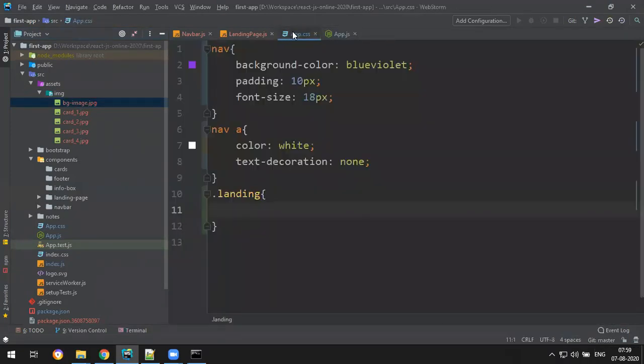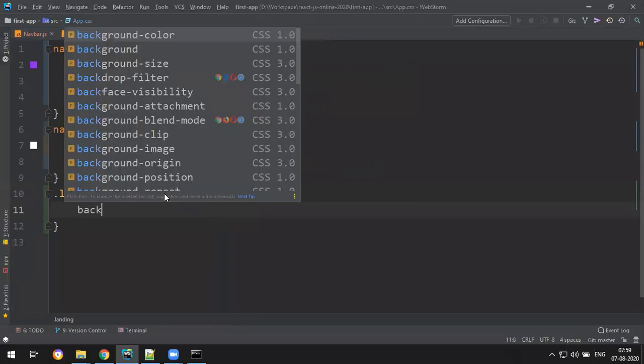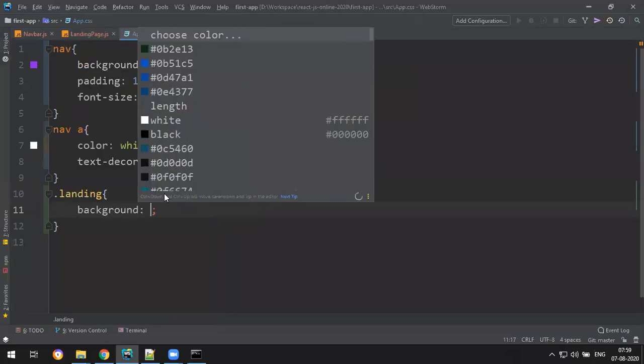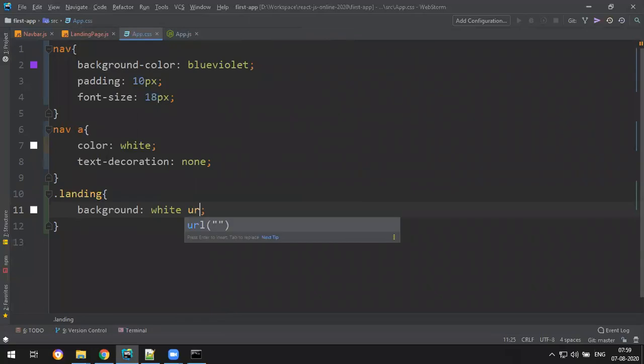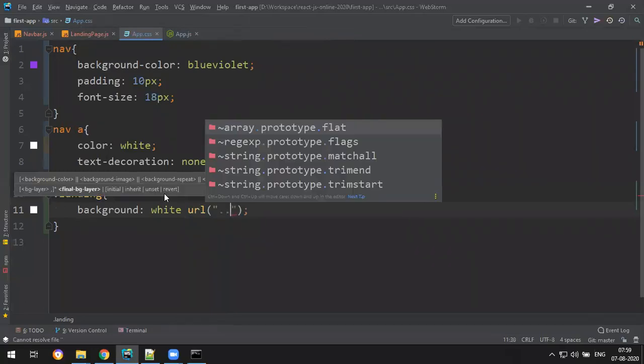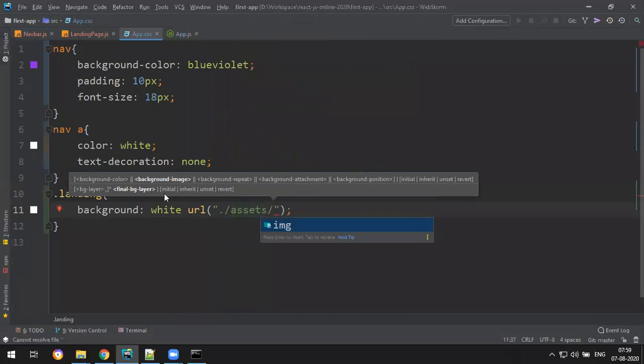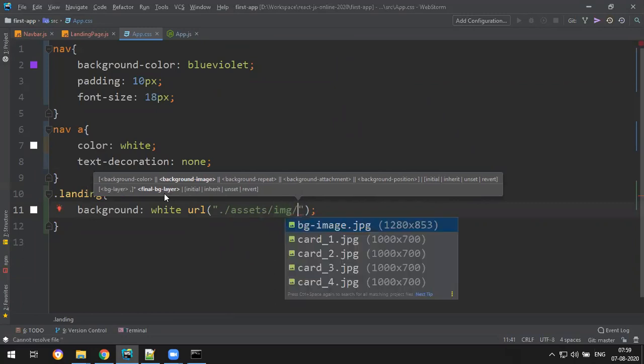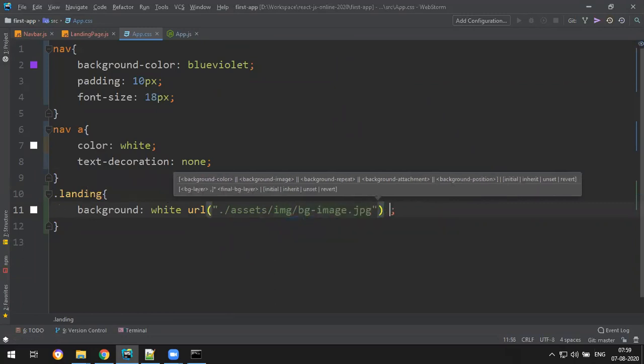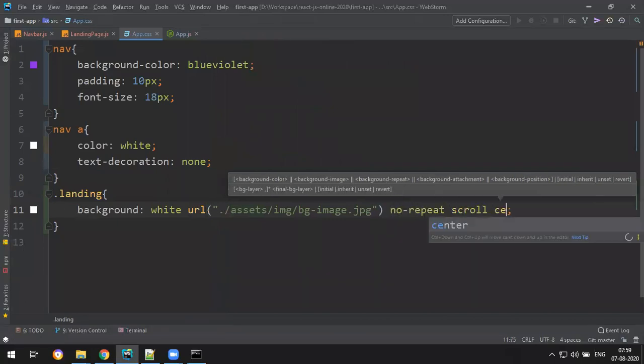Here, let me give the background shorthand property: background white, url, dot slash, assets, slash. Control space will give you the hint. Control space, background BG, and then no-repeat, scroll, and center.